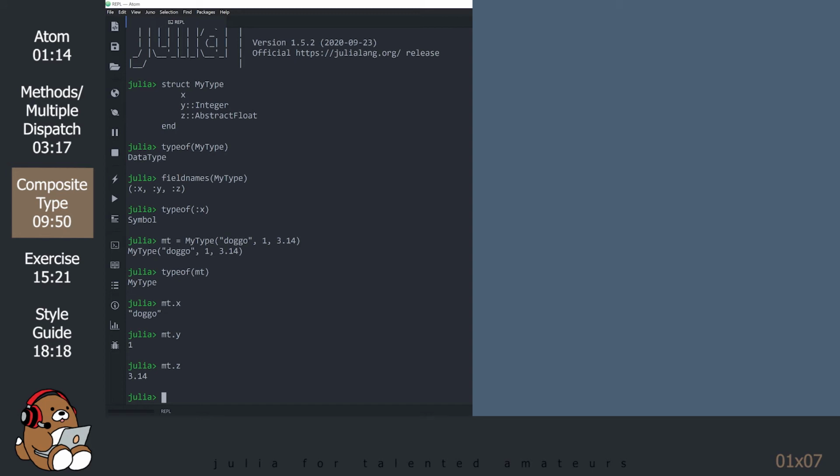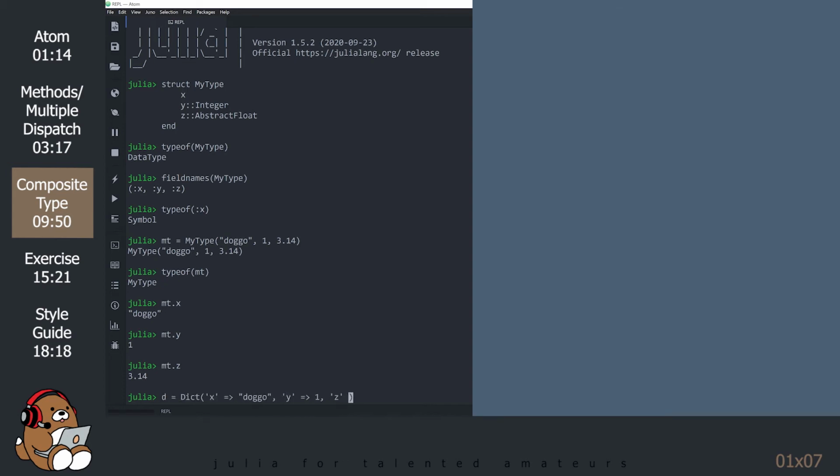Rather than using the Dict constructor, you use the name of your composite type immediately followed by parentheses. Also, you do not have to enter separate keys as you would in a dictionary, since you have named fields in your composite type that act as the keys to your values. Because the named fields are of type Symbol, you can access the values by using the dot notation, just like you would with a named tuple.